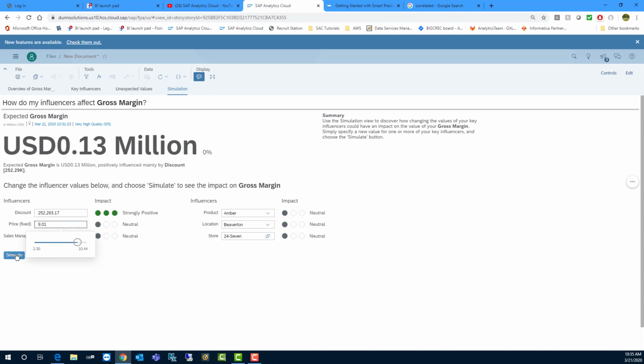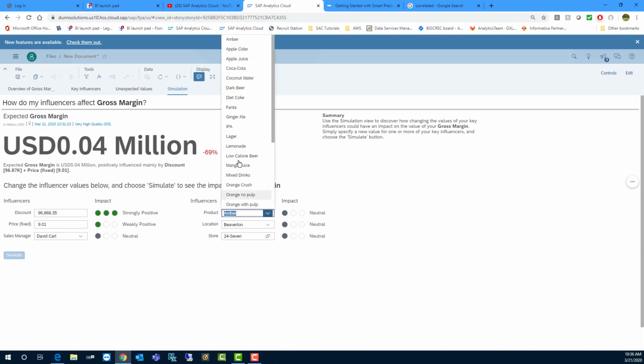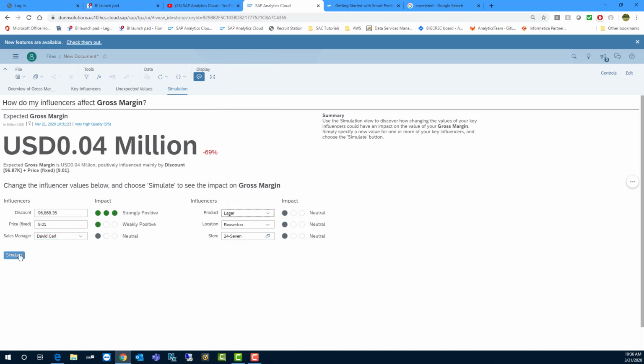And you can see as I change some of these, for example, as I'm changing the price fixed influencer, it has very little impact. Now, if I change discount, you'll notice that it has a significant impact on gross margin because it is a strong or positive influencer. I'm going to go ahead and change the product here and do my simulation.